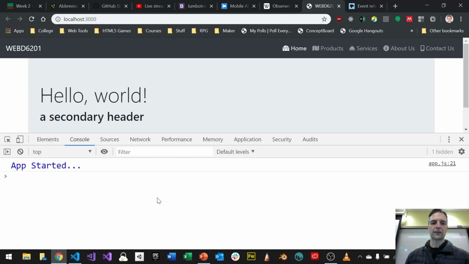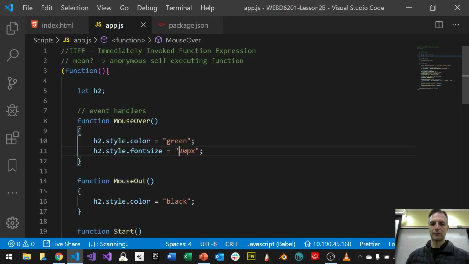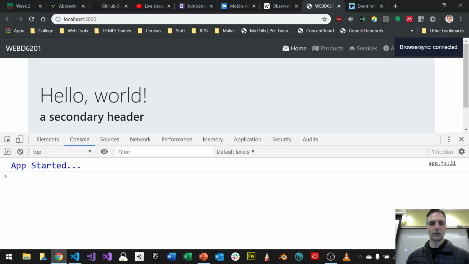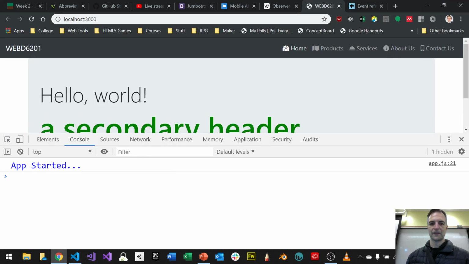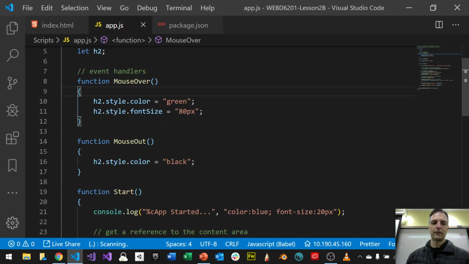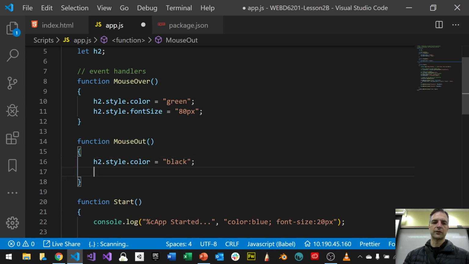So if I go back, you can see now that if I hover over, it goes lower, right? But when I go out, it doesn't go back, right? That's 20 pixels. Let's make that really big. Let's make that like 80 pixels. So we'll do the opposite. So when I go over, it'll be really big, right? And when I go out, it'll be small again. So if I go out, I could change it back to something reasonable. So h2 dot